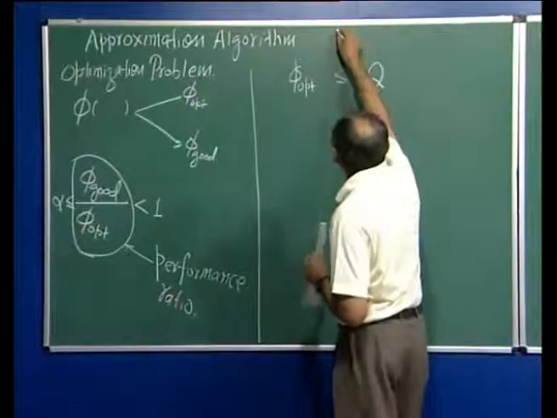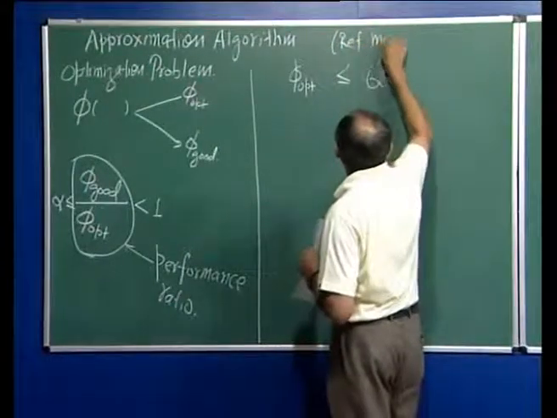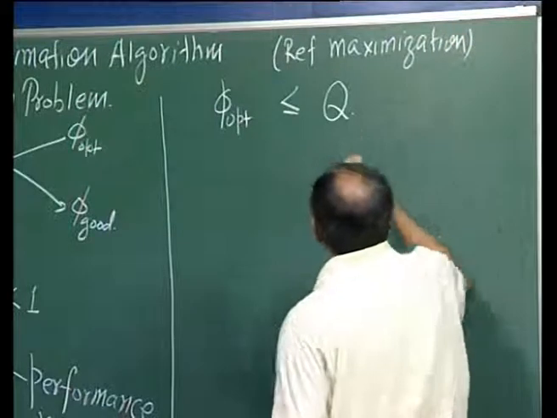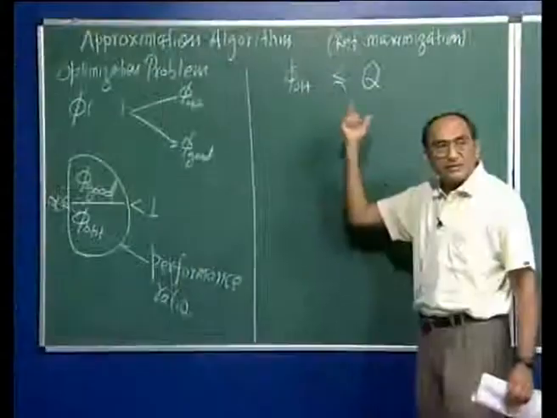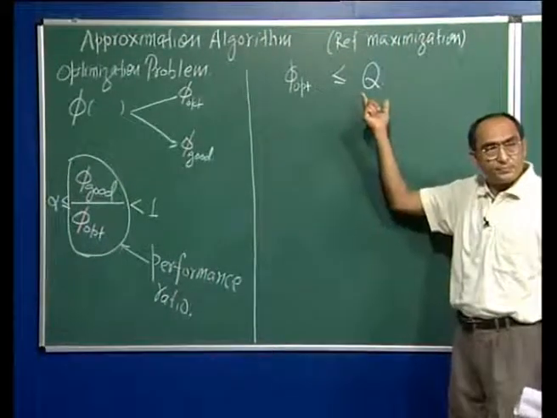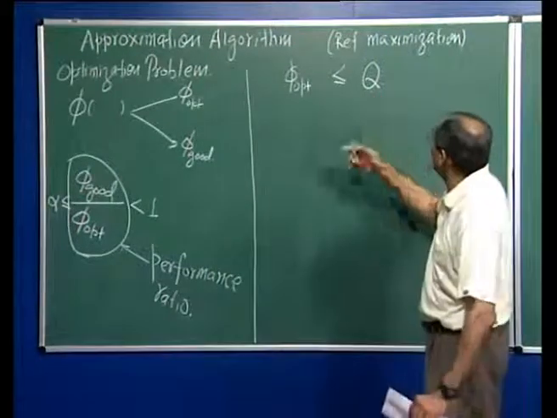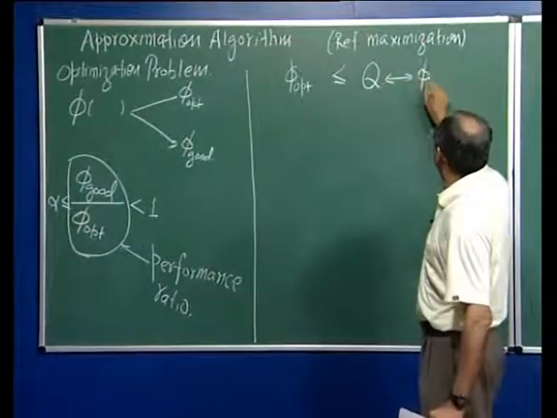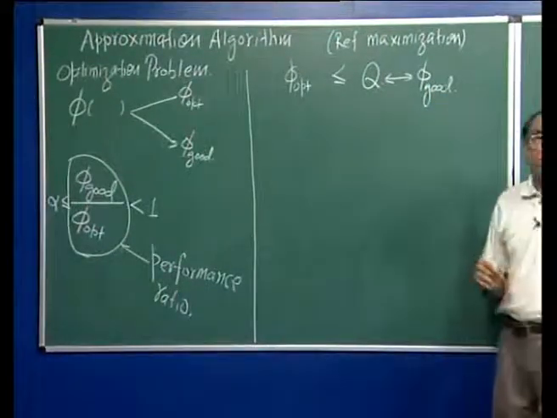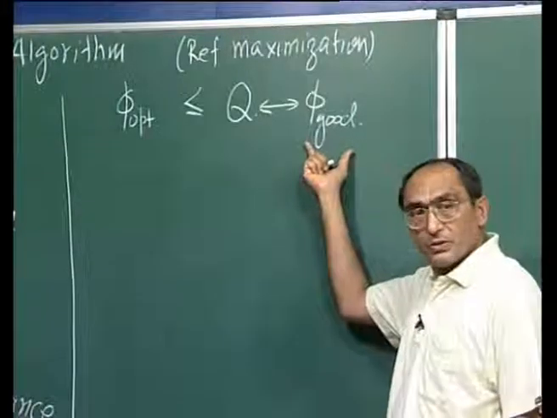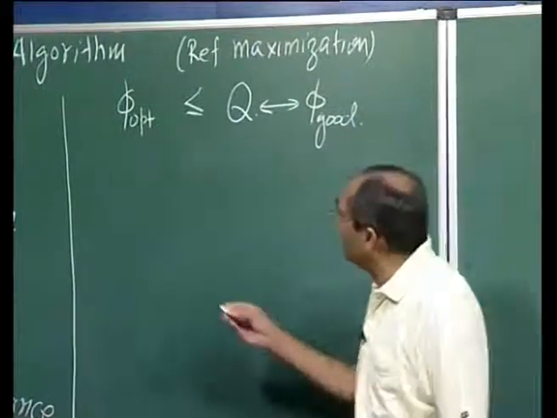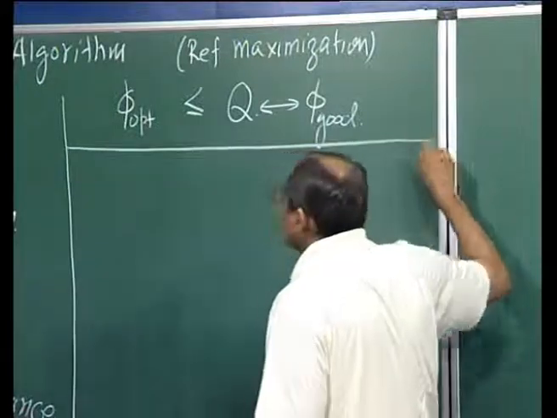So, I am talking about my reference being maximization. Obviously, this is not the value of phi for any instance of the problem, that is not possible. So, it is probably some other quantity. And then to relate this q with q phi good, the value that we compute through the approximation algorithm, and that way we can actually find a bound. Today I am going to discuss two examples